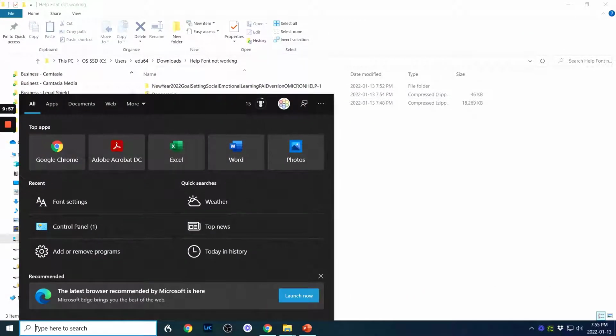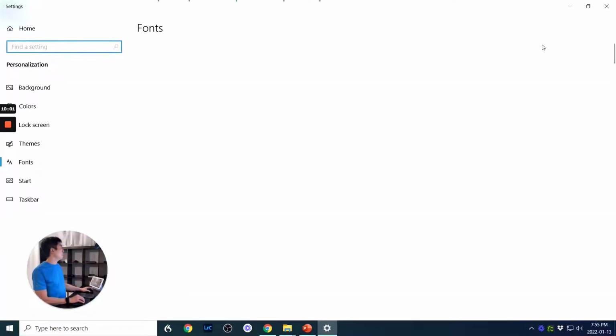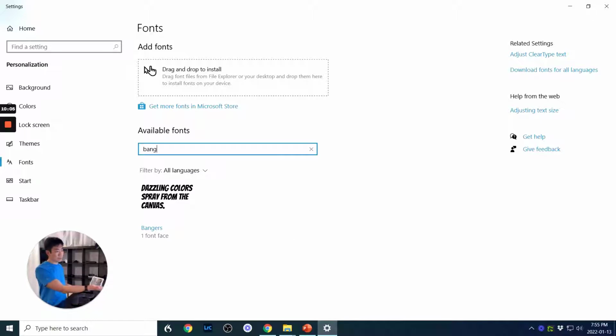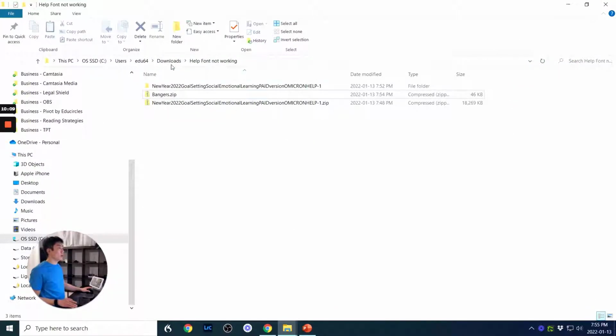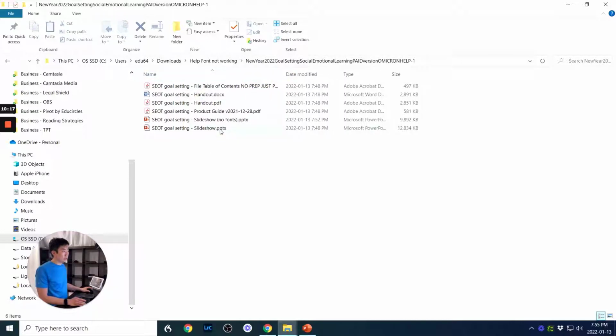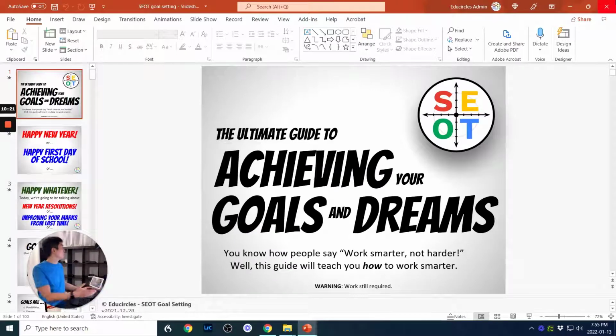Now in Windows, if I search up font and open it up, and if I move over here and type Bangers, I can see the font is installed. Okay, so now what I want to show you is that this original file already had the font embedded in it, so it loads just fine.